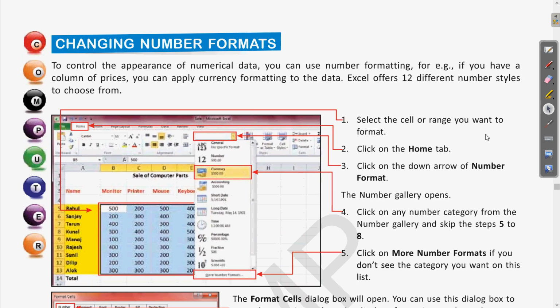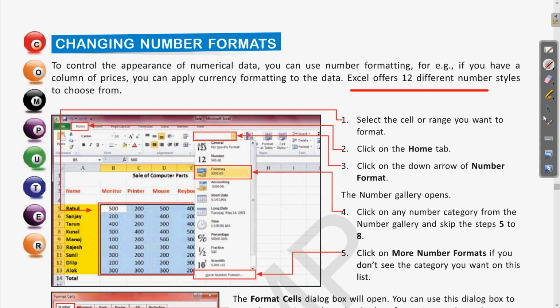In the number formats, we have seen that Excel provides 12 different number formatting styles. Clear? Number formatting is basically used if you want a currency symbol, or if there is some data in the form of date or time, for that we can use the hour, month and second features.